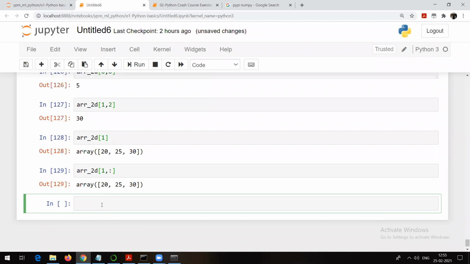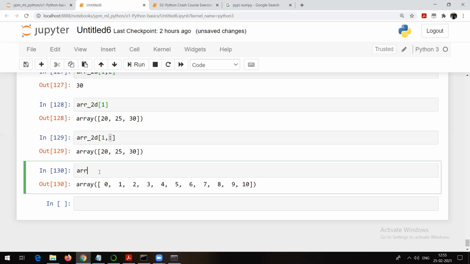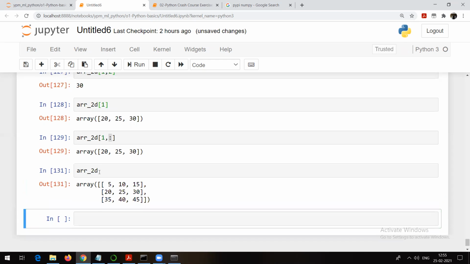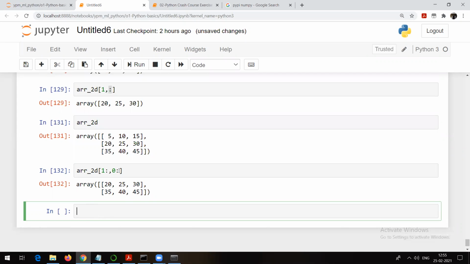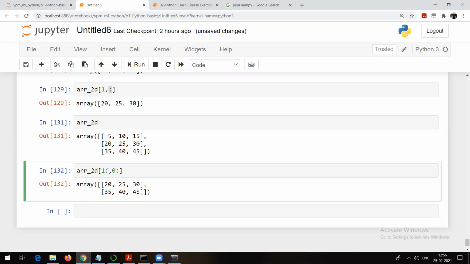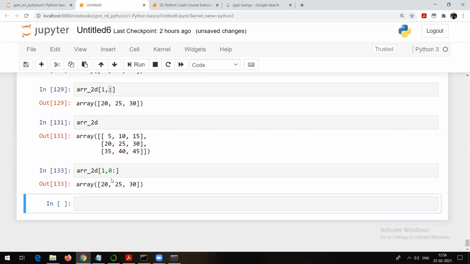Or otherwise I could do it as ARR underscore 2D of first row, comma, colon for all the columns. This will also work. You remember how this slice notation works.